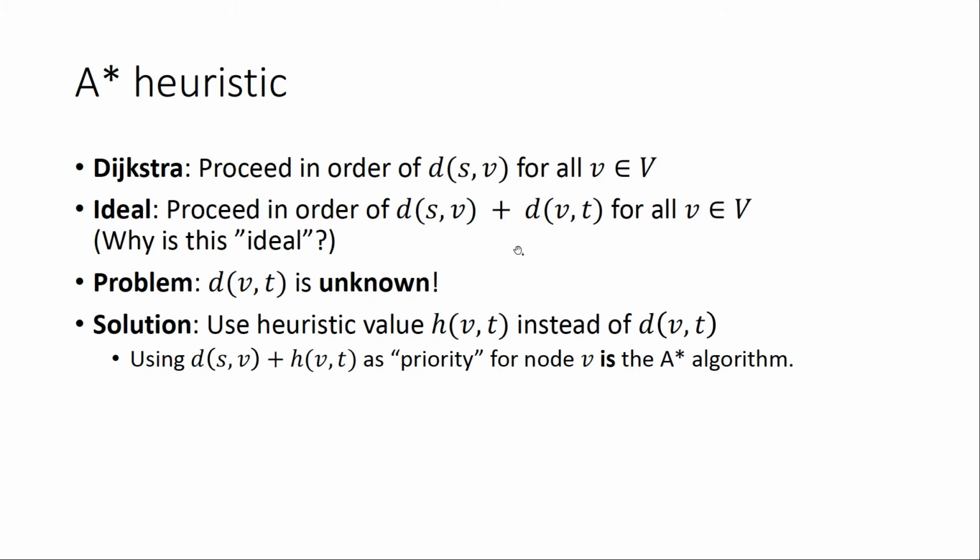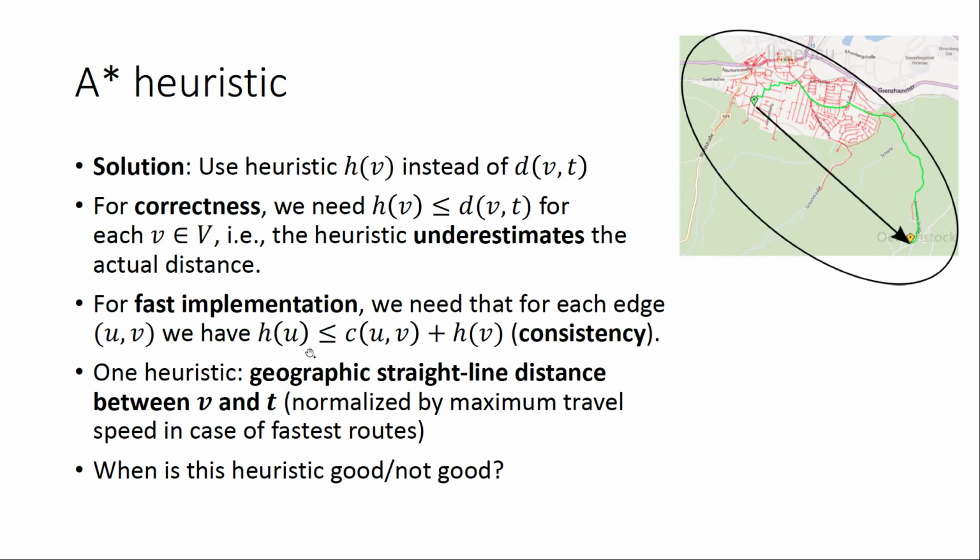you add something to the distance to your current node, not the distance to the target, but rather some heuristic value. Okay, and that is the A star algorithm. It's going to be like 2 lines in our current code base to go from Dijkstra to A star. And the question is, how do you choose this priority over here? What is this heuristic? And then you go to these old papers, and